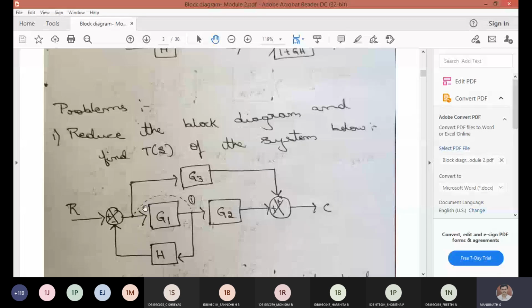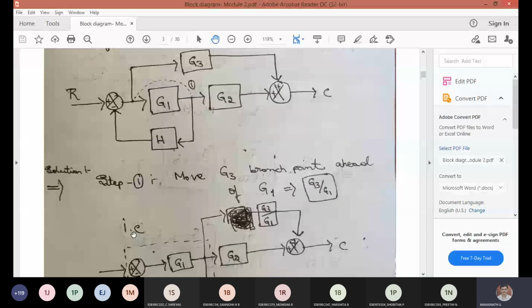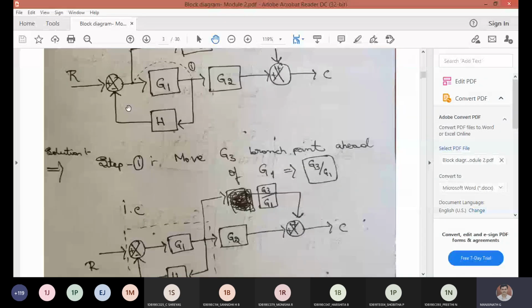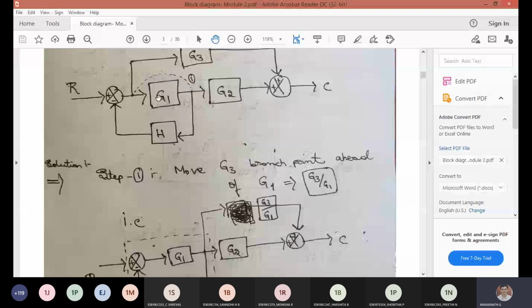What will happen here? What should I multiply? 1 by G1. Look at here, I can't draw, I have moved this here. So what should I multiply? I should multiply the term from where I'm moving. This is the term which I moved, right? So behind this I moved, which means I should multiply with 1 by G1. That's it. Is it okay?